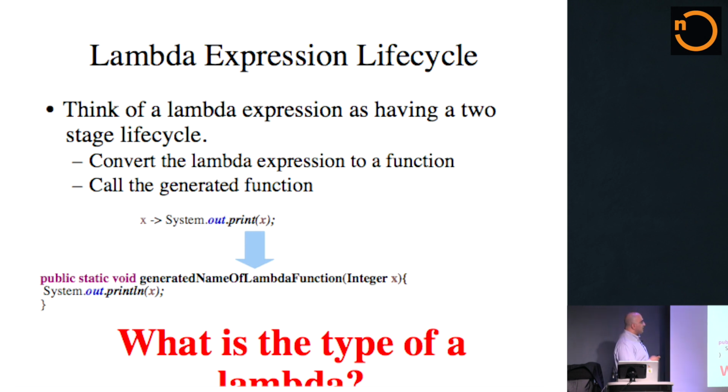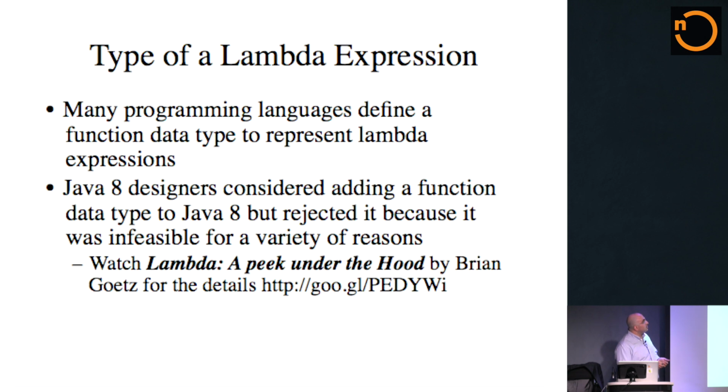So what is the type of this lambda? Is probably what you're thinking. If it's an expression, it has to evaluate to something. If it evaluates to something, it's got to have a type. Does it evaluate to a primitive? Does it evaluate to an object? What exactly is it? And the answer to this turned out to be a very difficult one to answer for